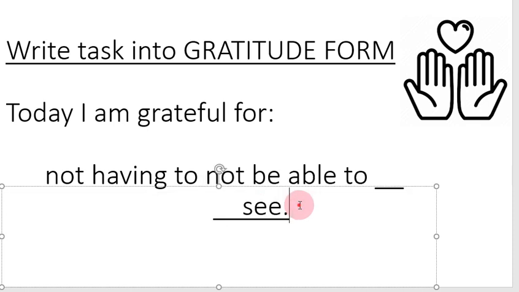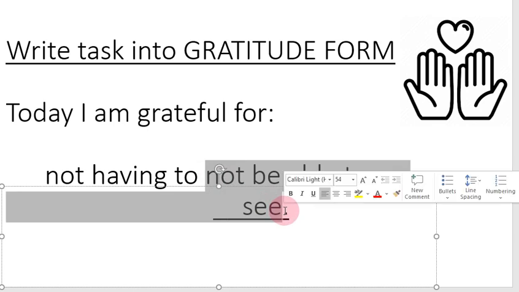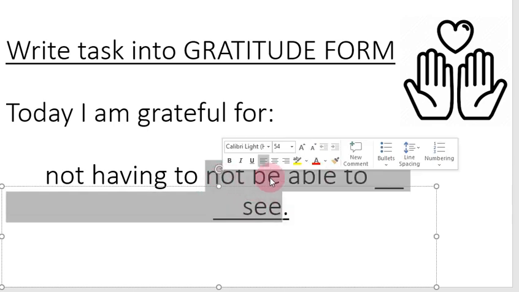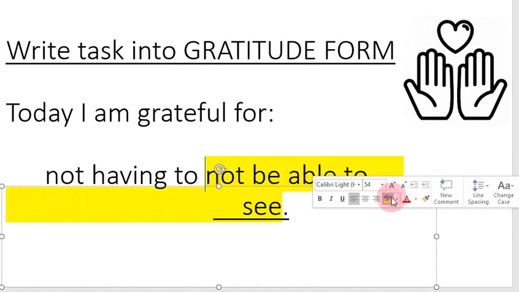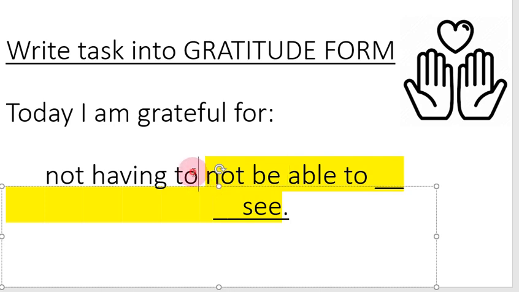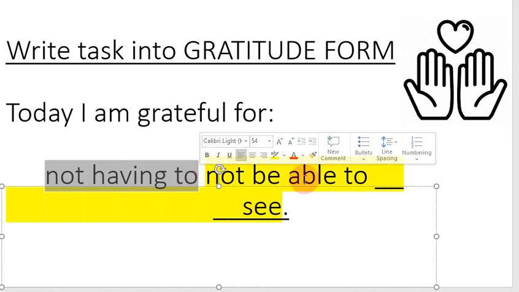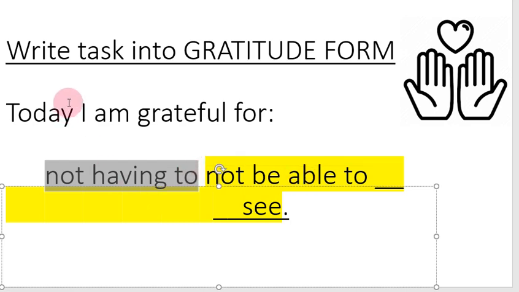They cannot see. They don't have eyes. They're blind. But me and you, or most people watching this, we can see. We have the gift. We are able to see. So me and you, we are not in this situation because we are able to see. So not having to means we were not put in this situation. In which situation? This situation that we're not able to see. So you're saying I'm grateful that I'm not in this situation. Okay? Some people are in this situation of not being able to see. But that's a gift. We didn't choose that. That was something that was given to us. Alhamdulillah.